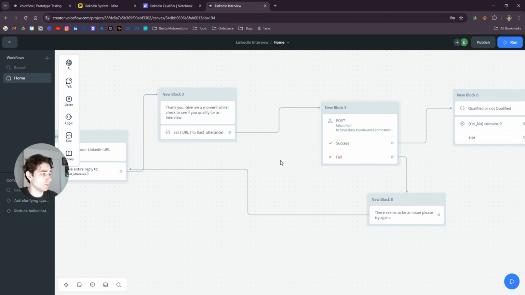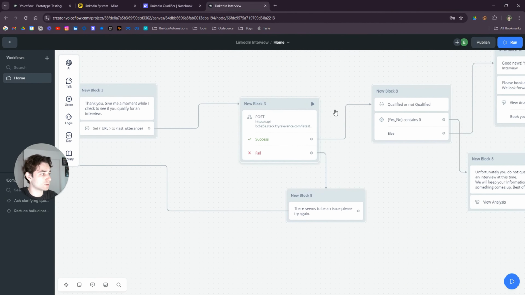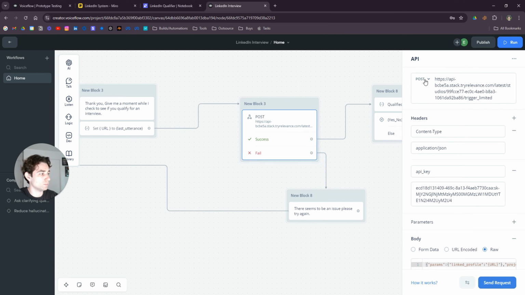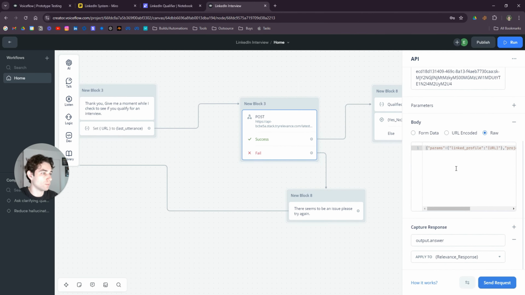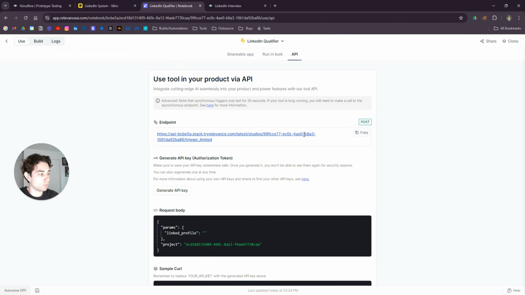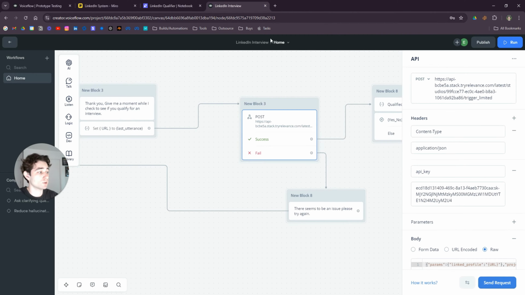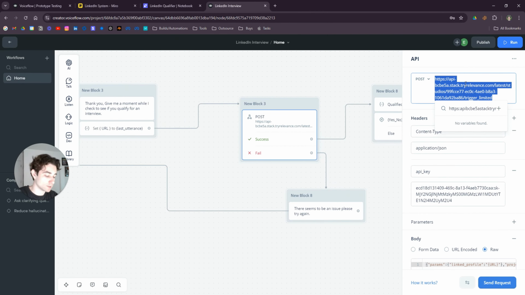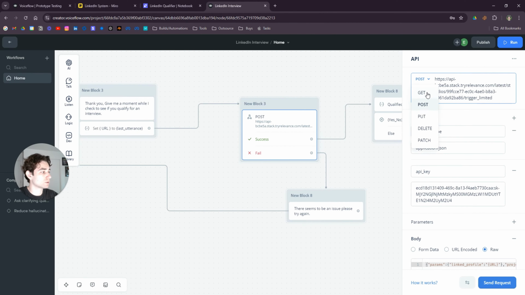Once that is saved to the URL variable, this is the post API block. So I selected post, and then this endpoint. And all of this extra data is from the Relevance AI. So let's go do this right now. So here's our endpoint that we're just going to copy and paste. I'll just redo this so you guys can see for the video. Going to paste this in, select post,